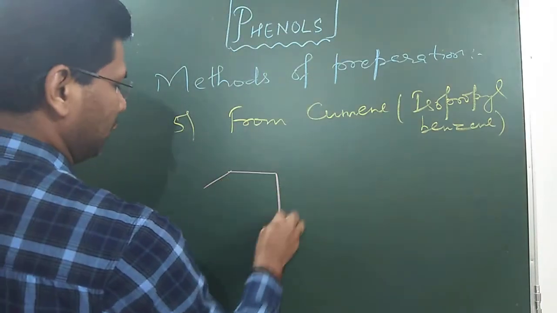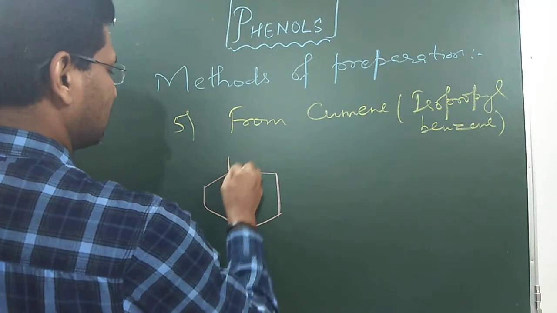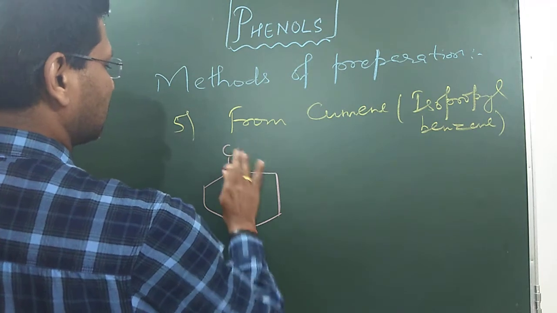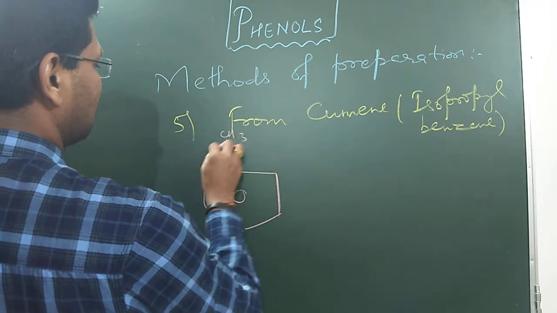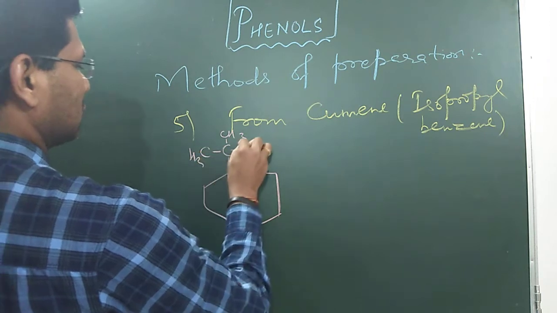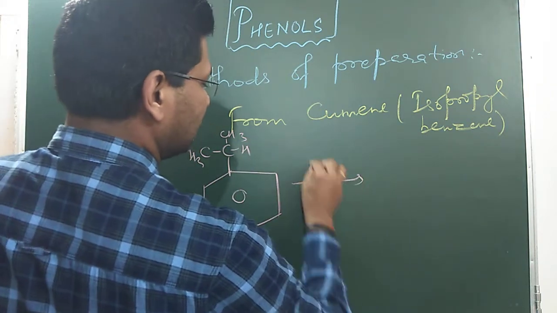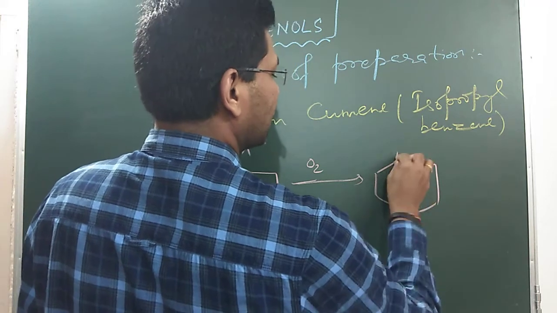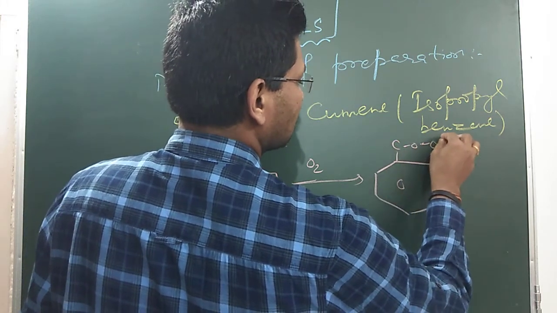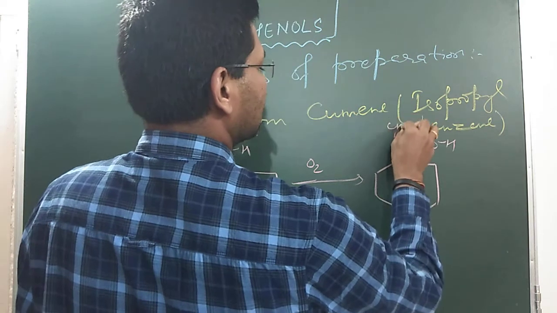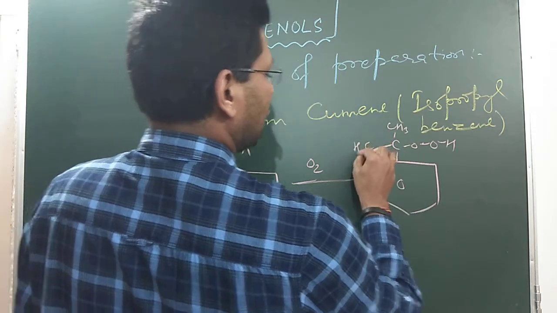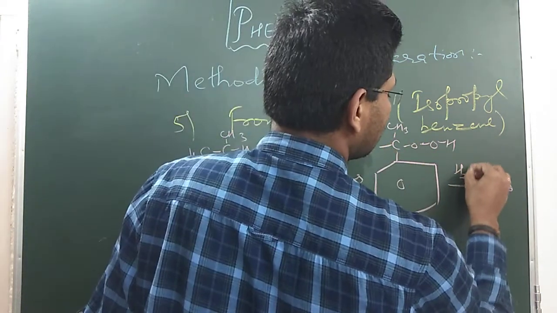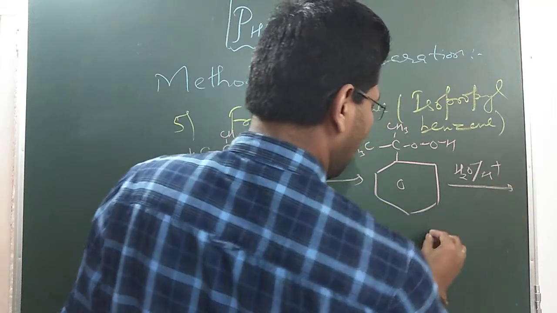So we take cumene and treat it with oxygen, and it forms cumene hydroperoxide. It is treated with acid and it forms phenol